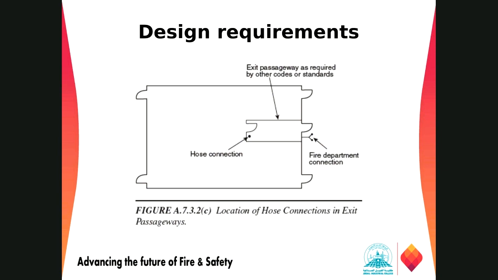But this should be kept in mind that in any case, the maximum length between two fire hose cabinets or the standpipe system should not be more than something like 130 feet, which is calculated by the distance through which you are putting your fire hose reel.